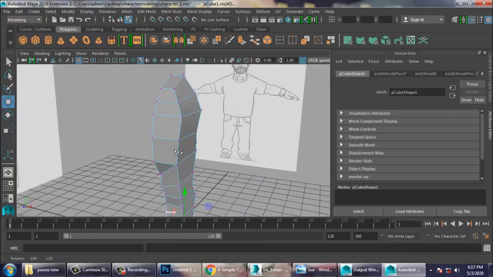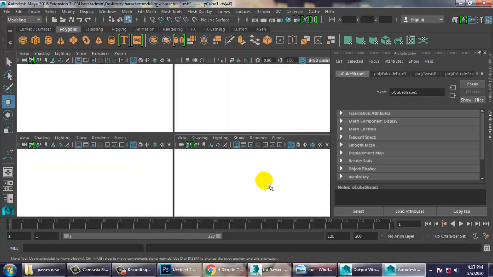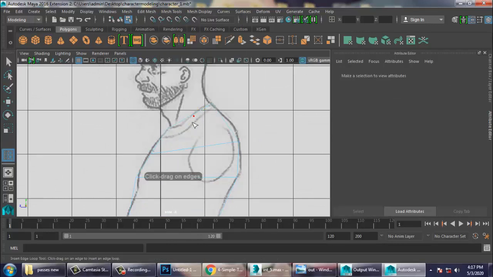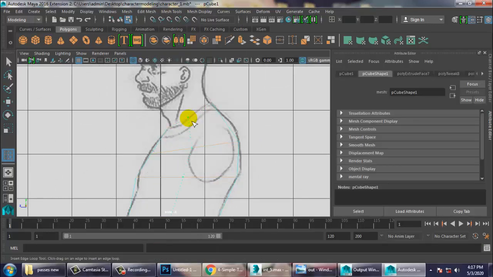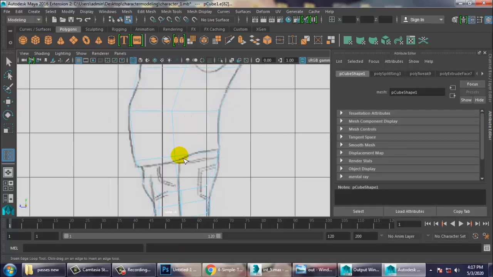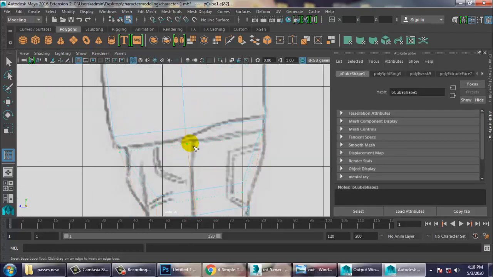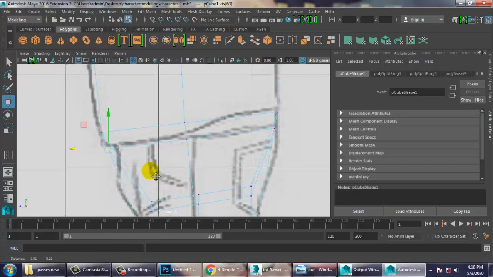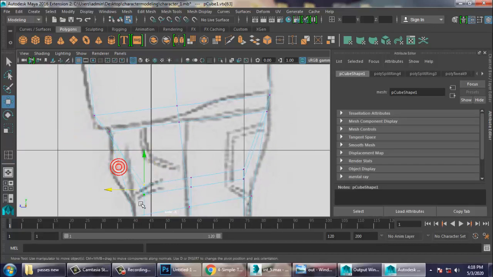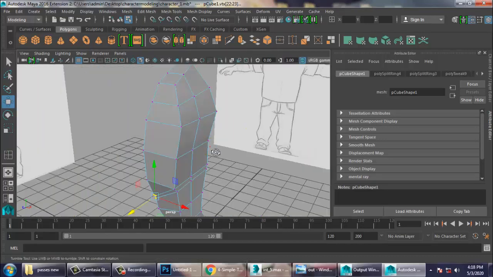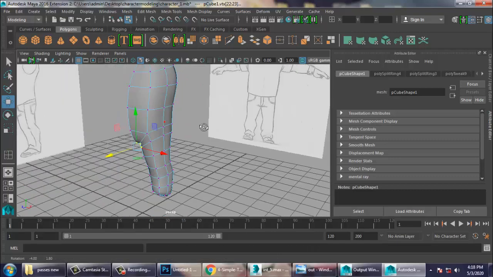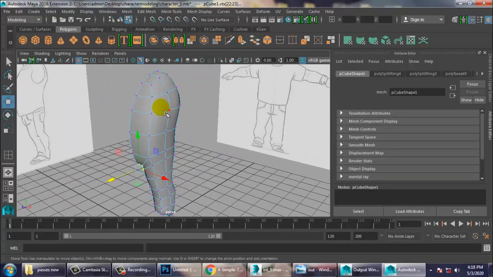So if you go into this, let's go into the side view and let's assign one loop over here and also assign one loop over here. So let's go into the vertices and just push this a bit inside and push this out. If you press 3 now, you will see that this is just a block over here.